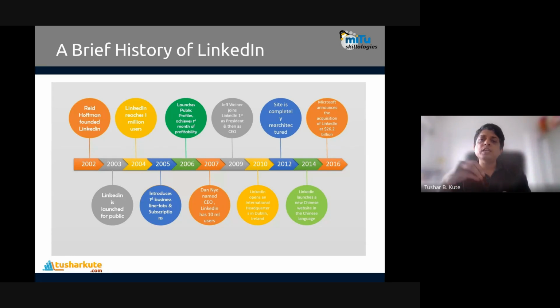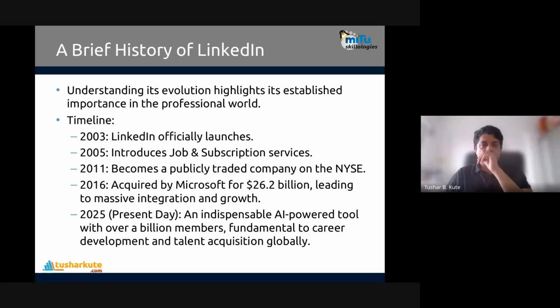Even GitHub, another technical profile you might know, which is required for programmers, is also owned by Microsoft. Microsoft purchased it, and now it's under the control of Microsoft. If I summarize, it's like that. In 2011, LinkedIn became a public trading company on the New York Stock Exchange, and in 2025 it's an indispensable AI-powered tool